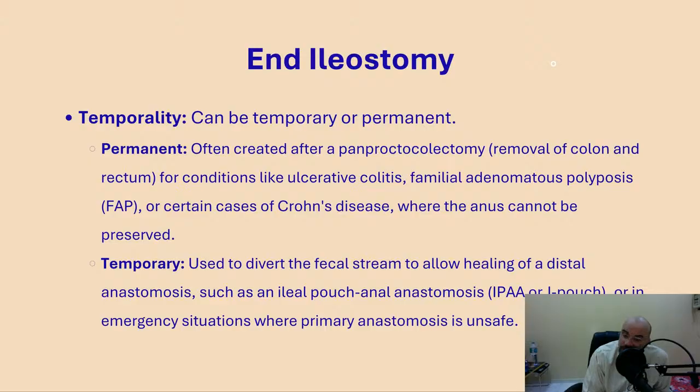Again, the ileostomy can be temporary or permanent, depending on the patient's condition. For example, the permanent one is used after panproctocolectomy, or removal of colon and rectum, for conditions like ulcerative colitis, familial adenomatous polyposis or FAP, and certain conditions in Crohn's and inflammatory bowel disease. All this can end with a permanent end ileostomy. While the temporary one is used to divert the fecal stream and allow healing of an anastomosis, as we discussed,